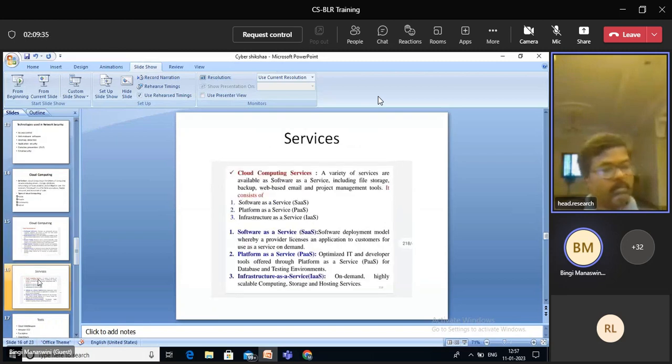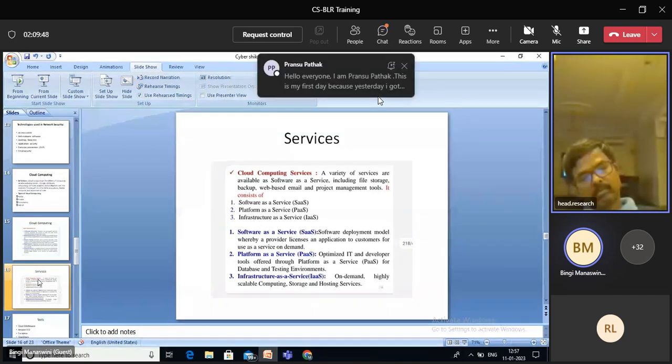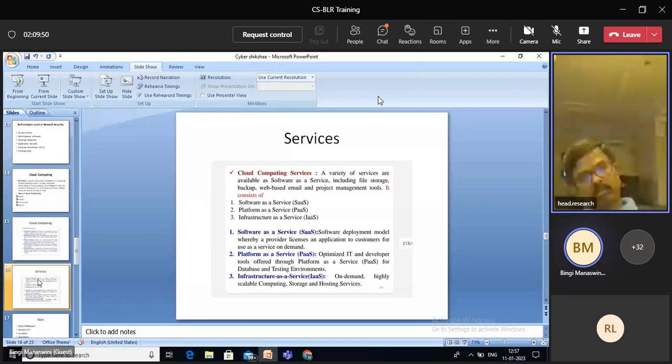About services, a variety of services are available as software as a service, including file storage, backup, web-based email, and project management tools. We have different types of cloud computing services: software as a service, platform as a service, and infrastructure as a service. Software as a service is a software deployment model whereby a provider licenses an application to customers for use as a service on demand. It can be used in a subscription model,